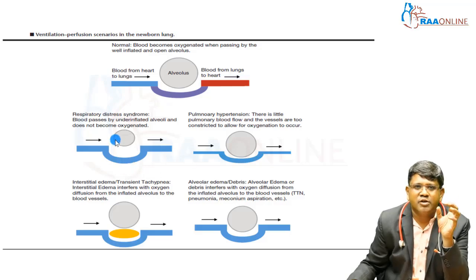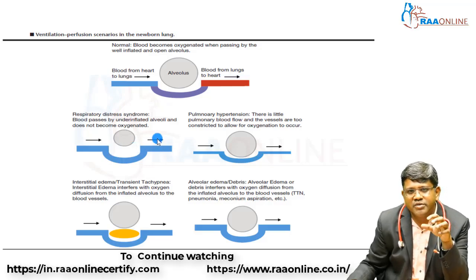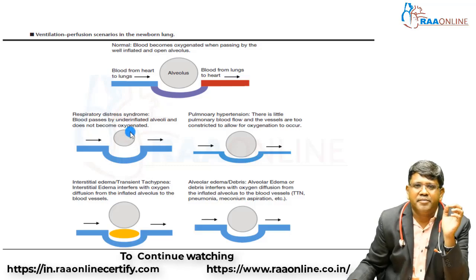In the case of respiratory distress syndrome, what happens? Blood passes by the underinflated lung alveoli, the alveoli being partially opened. Ultimately, the blood is not getting oxygenated. There is decreased oxygenation because of the underfilling of the lung. Now, what happens in pulmonary hypertension? There is a